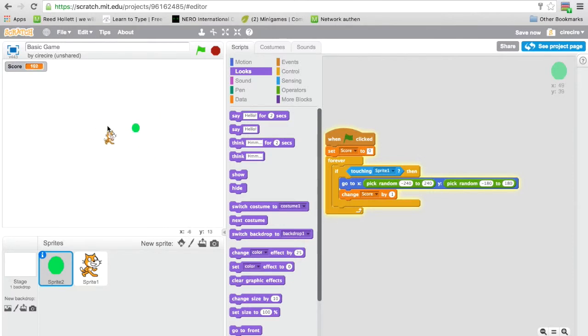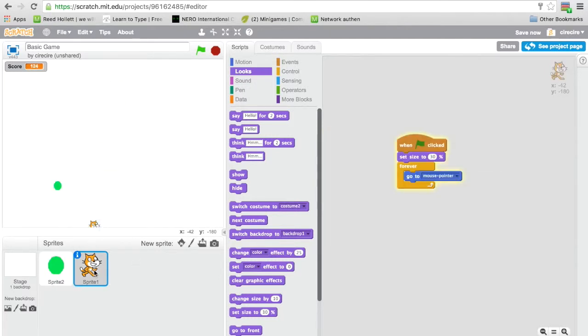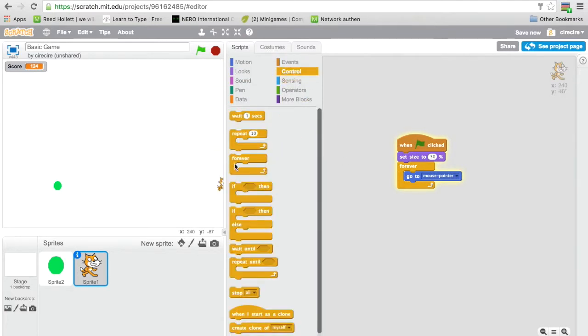So it's a really simple game, and if you want to start making more complicated games, then this is something that you might want to think about starting with. Now I'm going to go through a few modifications that you can make. The first one is that instead of go to mouse pointer, you can have 4 if functions, and then you can do